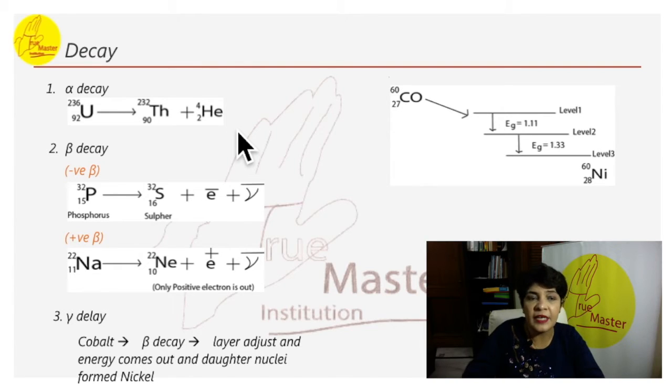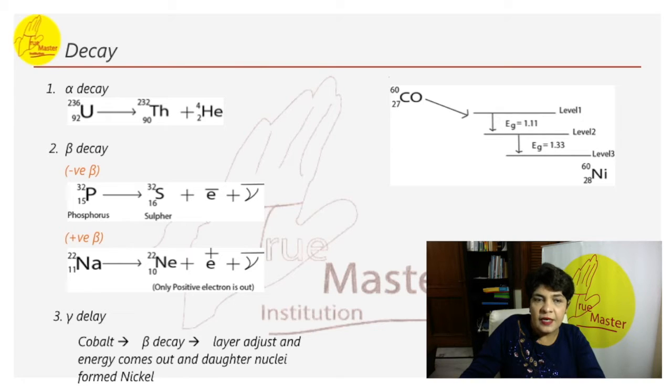Beta decay is the process of spontaneous emission of an electron from the nucleus. Now we are studying beta decay. The electron can be negative or positive, so we have got two types. Beta decay can be of two types, negative beta decay and positive beta decay. Whenever an electron, which has a negative sign, is coming out, we say it is a negative beta decay. When it breaks down into a positive electron, then we say it is positive beta decay.